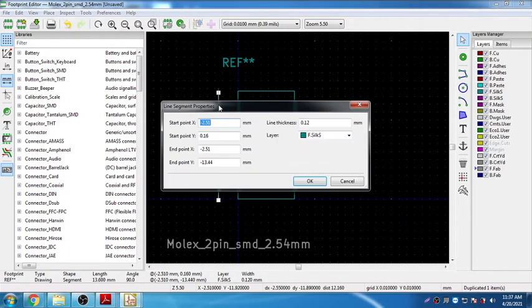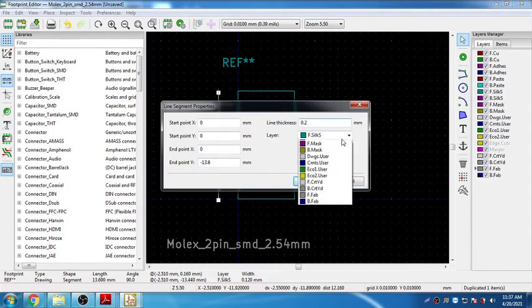Click on this. So X is 0 and Y is also 0, and this is 13.6. Sorry, X is 0, Y is minus 13.6, and we'll increase the thickness a bit, say 0.2, and I'll select it as a fab layer.